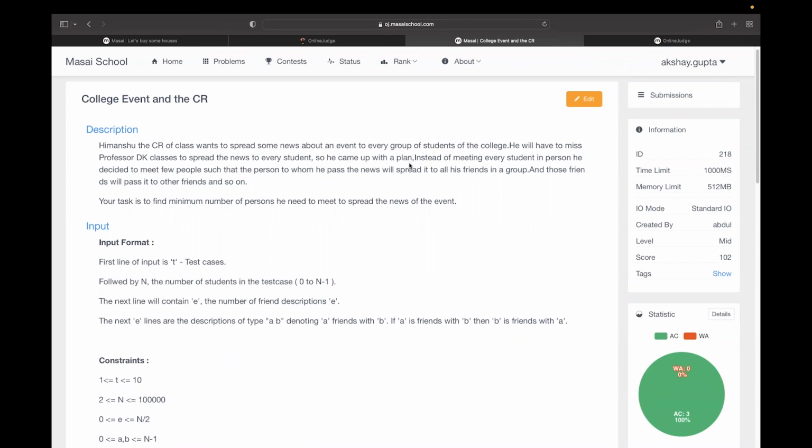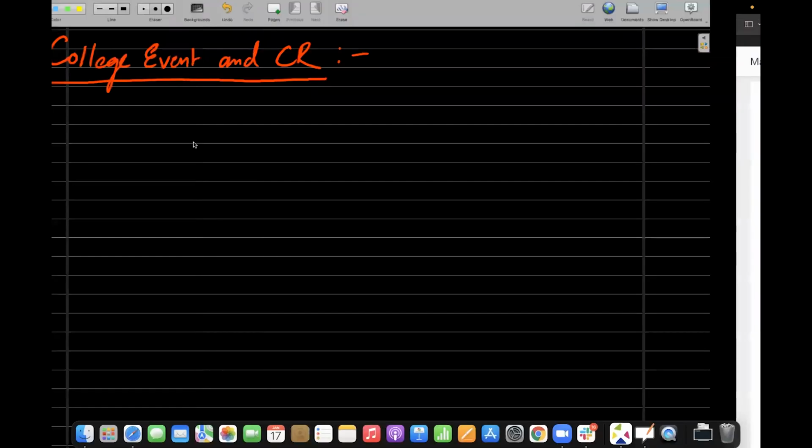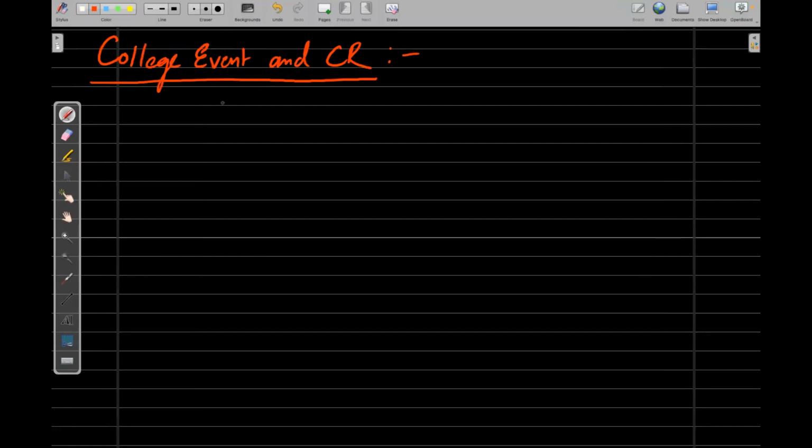So he came up with a plan. Instead of meeting every student in person, he decided to meet few people such that the person to whom he passes the news will spread it to all his friends in a group, and those friends will pass it to the other friends and so on. So your task is to find the minimum number of persons he needs to meet to spread the news of the event. Okay. So basically what the question is saying is, let's say